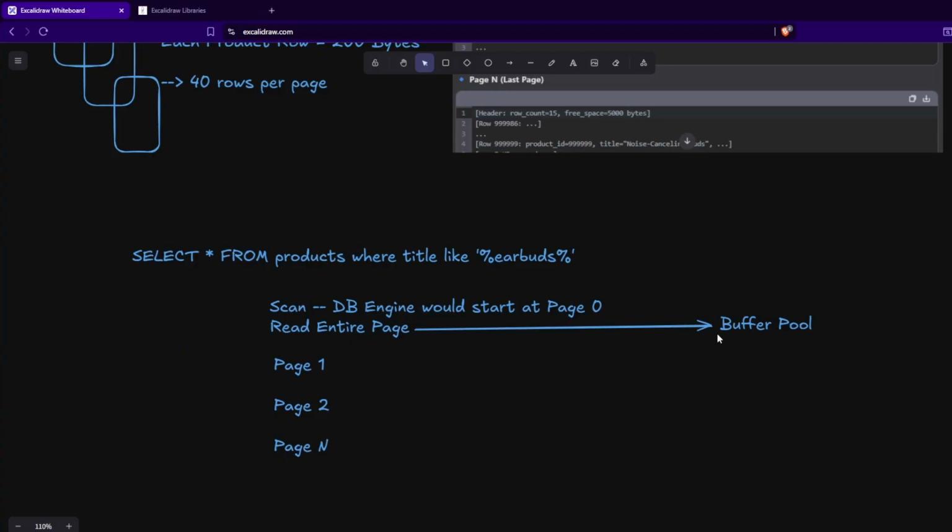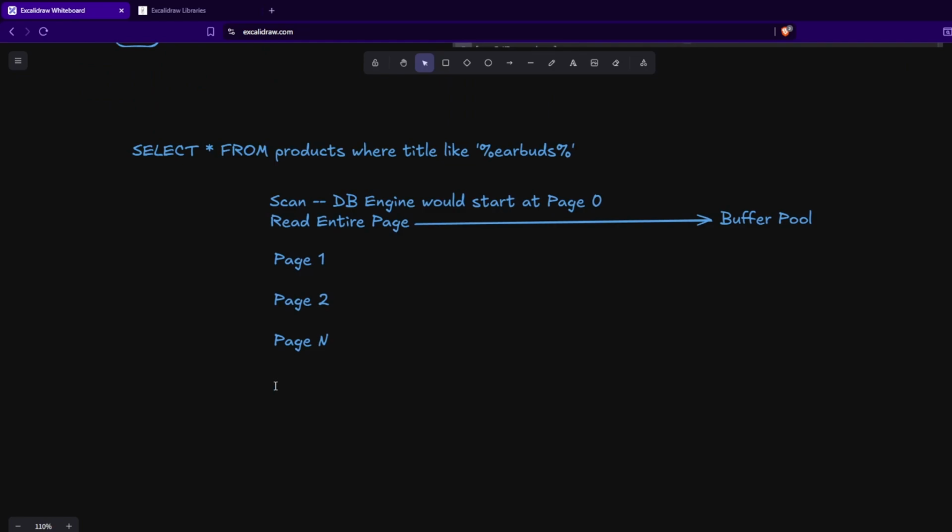If I have to find the number of IO operations, it will be n. So if it has 2 billion products,